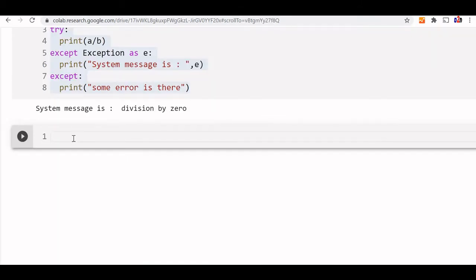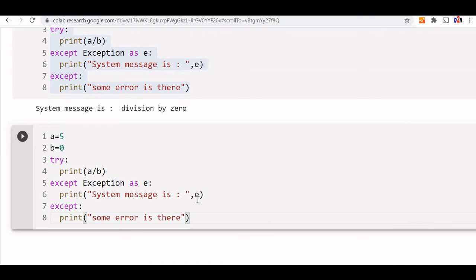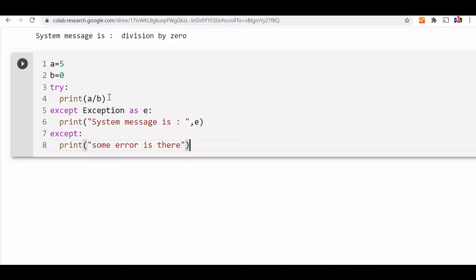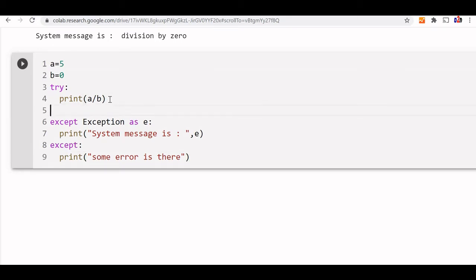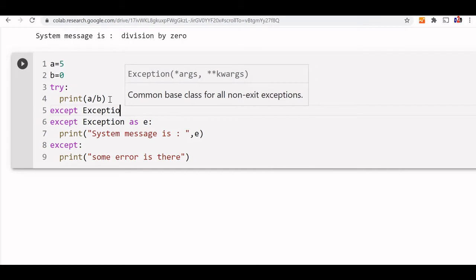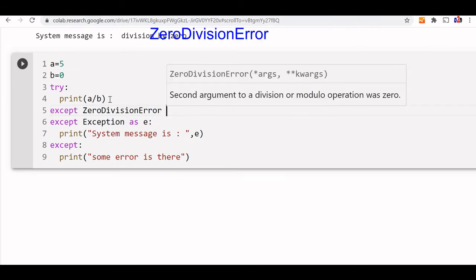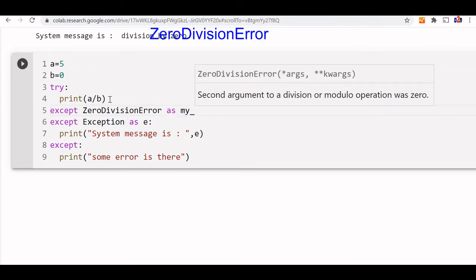Let us capture the specific error that you are getting. We'll paste the code here. Let's scroll up a bit. Fine. Before this generic message, we'll write one more except. Exception? No, it's not a general exception. You will write ZeroDivisionError as, let's say, my message.